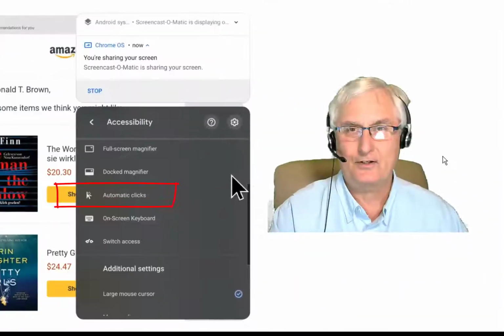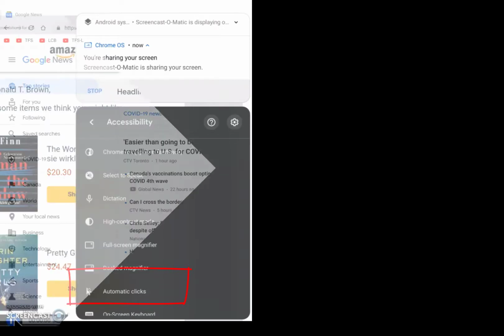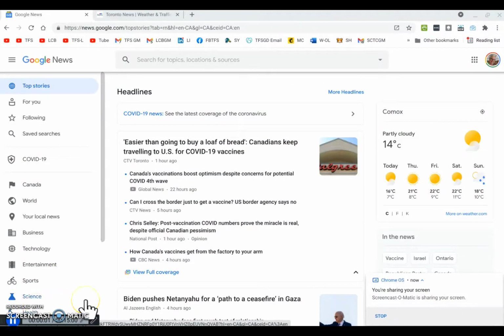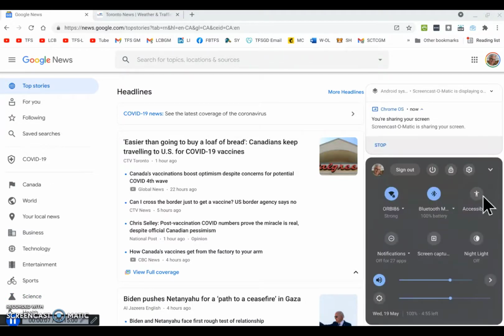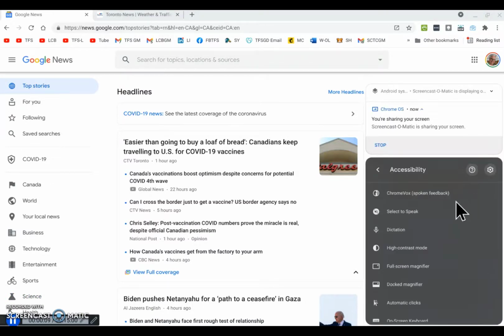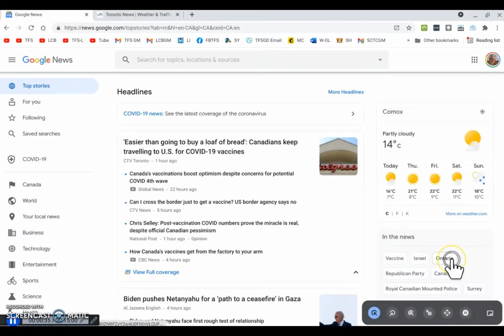All right, let's have a look. Let's enable auto clicks and see how it works. So now we're going to come along. Again, we're going to bring up our menu of accessibility, and we're going to come down here to automatic clicks. We're going to click this and enable it. So now with automatic clicks turned on, let's come over